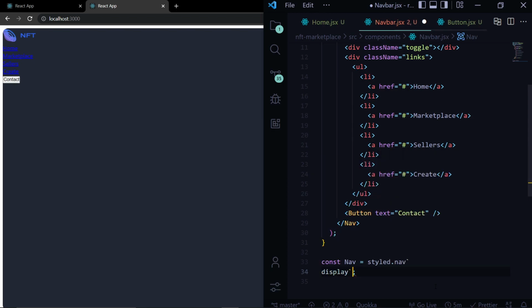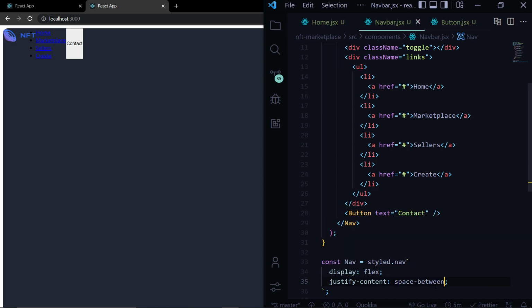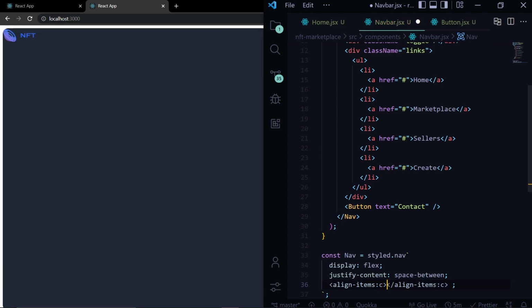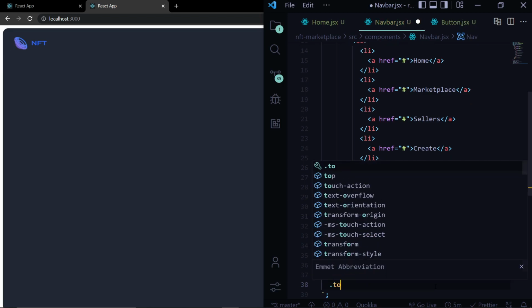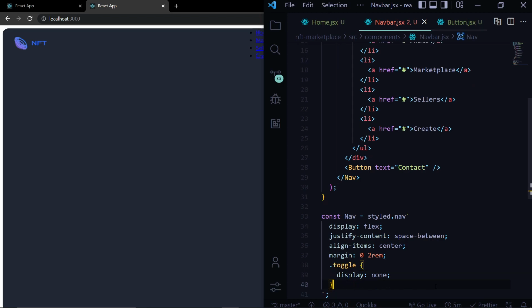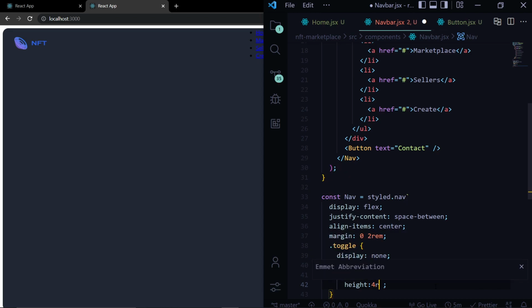First we have display of flex. After that we'll justify content as space between. Then we'll align items as center. Then we'll also give it a margin of 0 and 2 rem. We'll select the toggle and give it a display of none as of now. Whenever there is responsive mode, we'll switch it to block. None. Then links, height 4 rem,